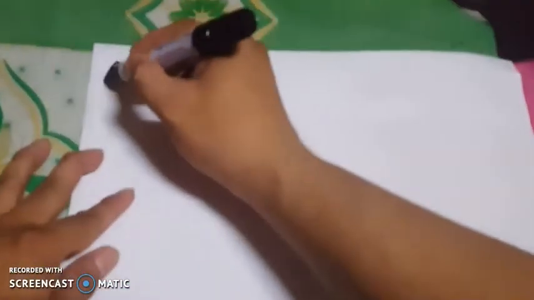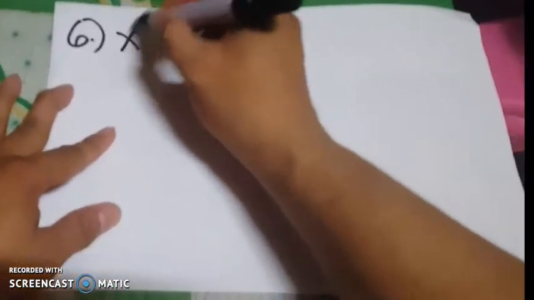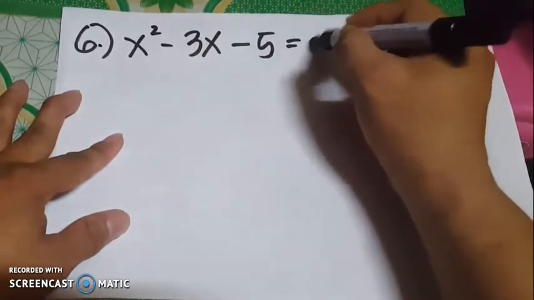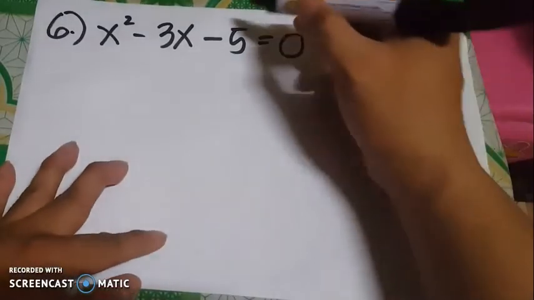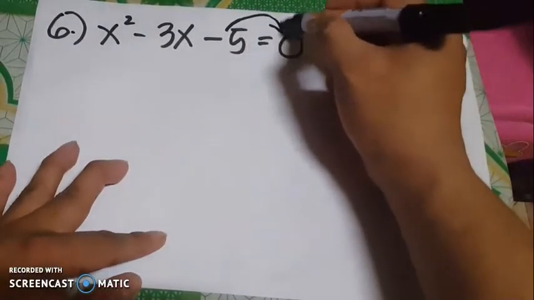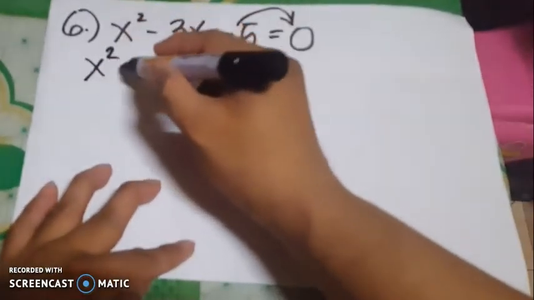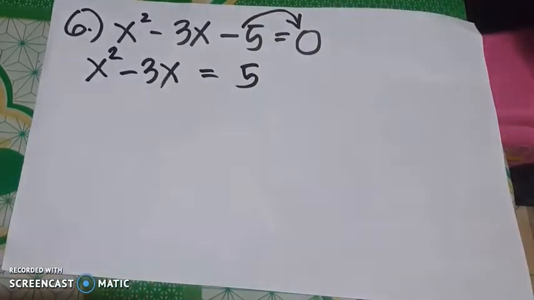So, example number 6. The given here is x squared minus 3x minus 5 is equal to 0. Hindi ulit siya naka-arrange in the right form. So, we have to move negative 5 to the right side of the equation. So, that will become x squared minus 3x is equal to 5. Then, from there, we are